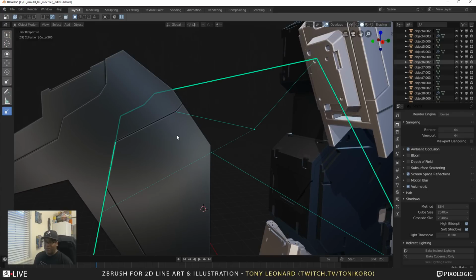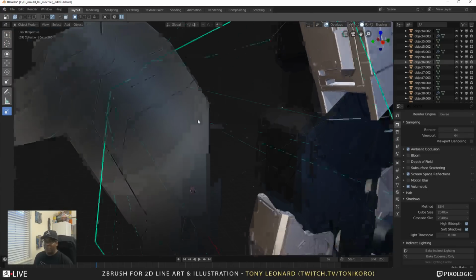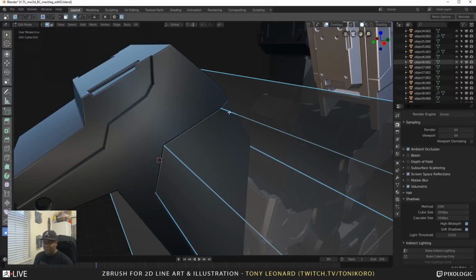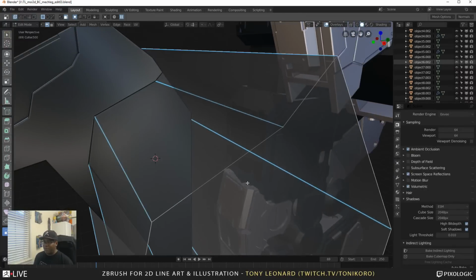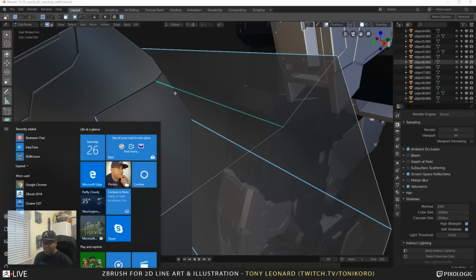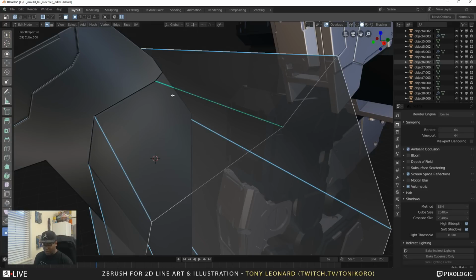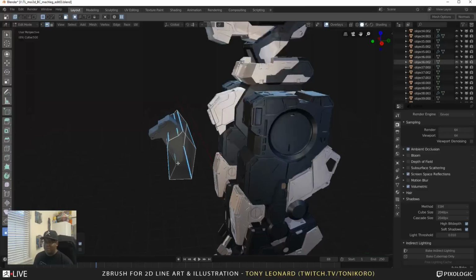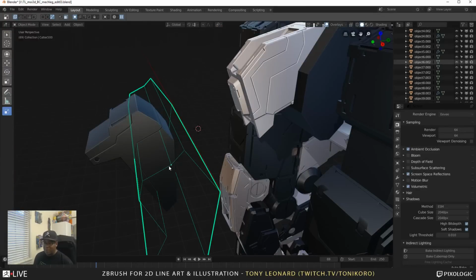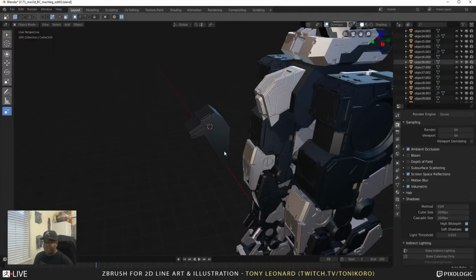Actually, let's undo that one time because I just need to fix this geo. I'm going to tab in. Every once in a while, you get like an extra edge, and it causes an error in the geo. So I'm going to take this, and just select this, and actually, oops, hit X, dissolve an edge, and there's an overlapped edge over there, which was causing a little pinched tear in the geo, and so just fix it. Just a small thing. Let's see. So I'm going to hide this,